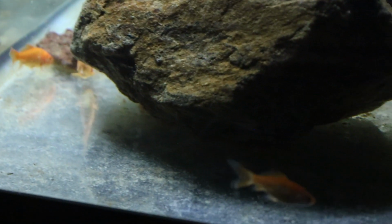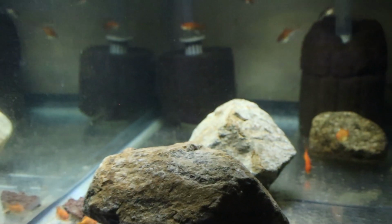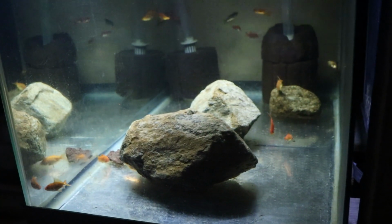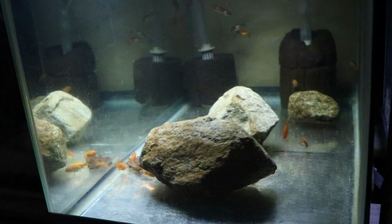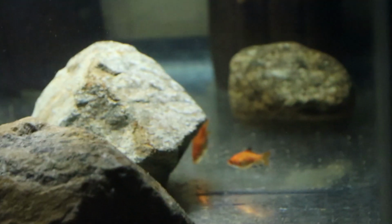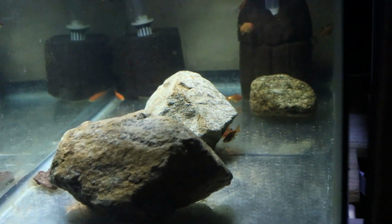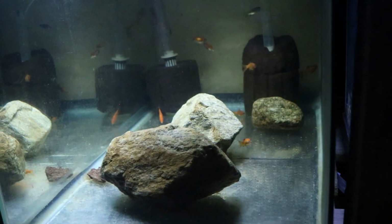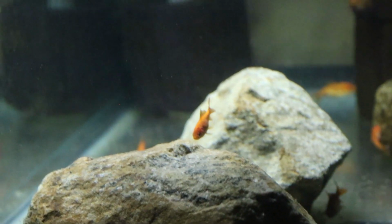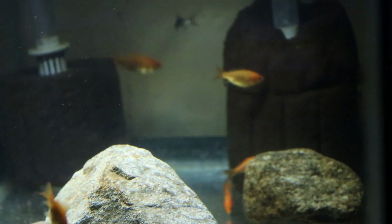Now this tank has been running for about 2 months, and within that time I'd say 100 to 200 fish passed through this aquarium in quarantine as feeders, most of which were goldfish. And you find a few of them that look very awesome. Altogether, goldfish are some awesome fish, but you find those that are just really unique with different colors and long fins and all that good stuff. But the thing is, I really don't have space to be keeping all these. I do have a backyard pond, but I believe that my pond is fully stocked, so I don't want to just keep saving these goldfish. So I disregard how awesome they look and I still feed them to my peacock